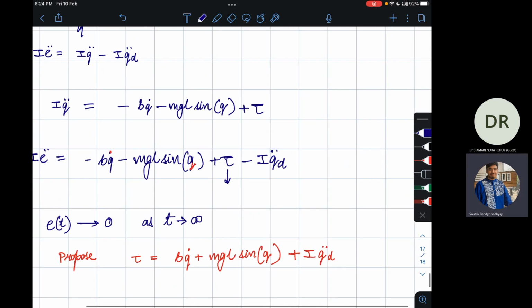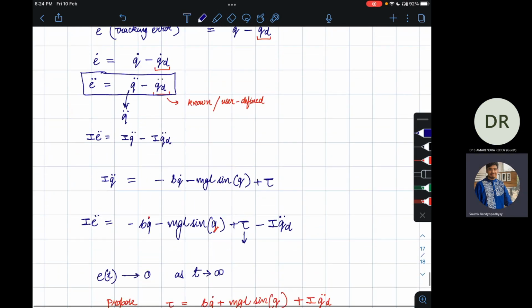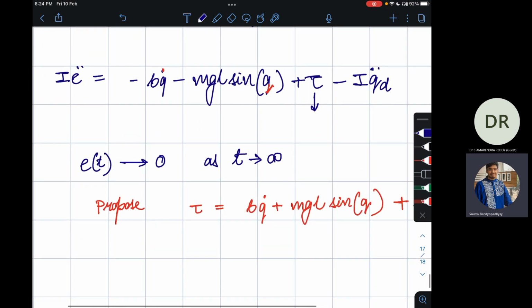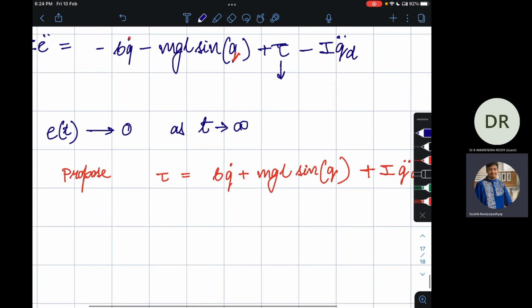As of now, we have not considered any uncertainty, right? So you can actually cancel out all these nonlinearities which you have in your control law. So this is called a feedback linearization approach. Mind you, this is not a sliding mode controller, because in sliding mode control there is another variable of sliding surface, right? Here we are just having a differential equation, and we are placing our control law in such a way that we cancel out the nonlinearities, and